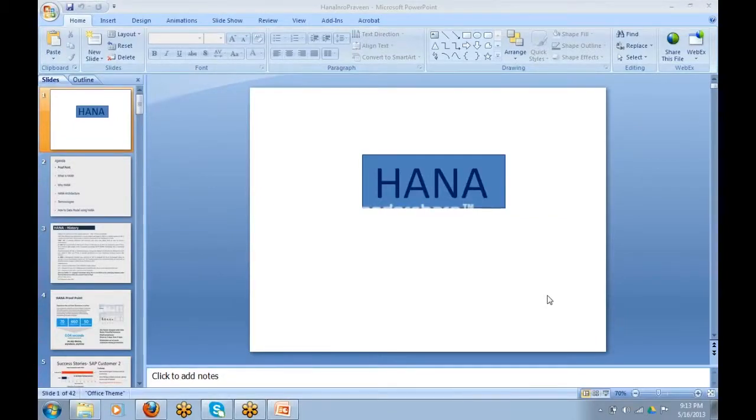Always, whatever models we develop here in HANA will be compared with the BW models. BW, or Business Intelligence, has ETL tool models. So now we'll start with the actual HANA.